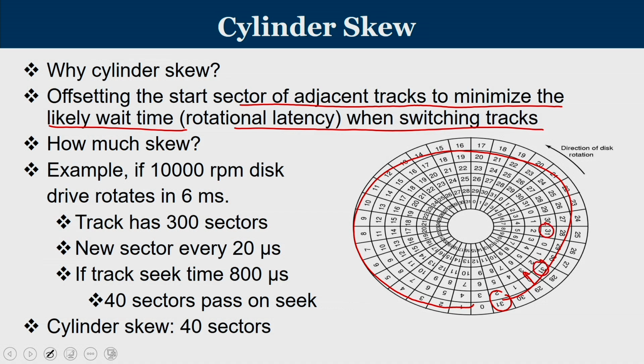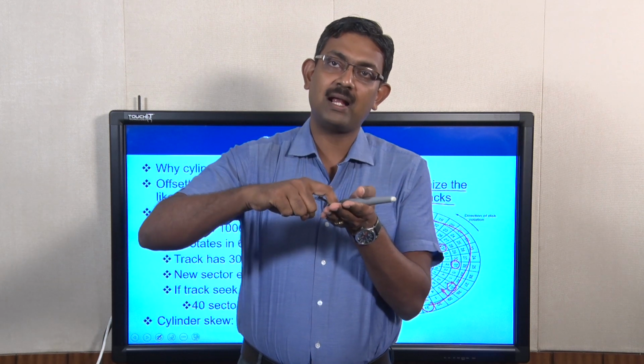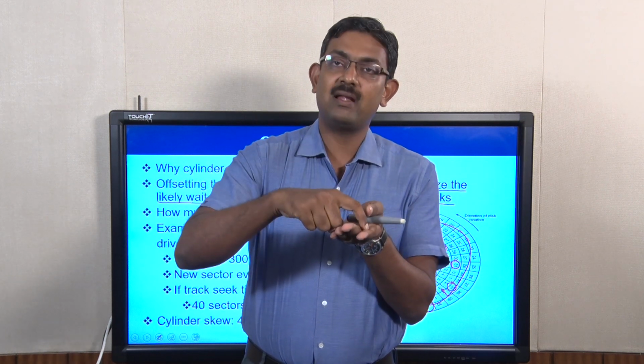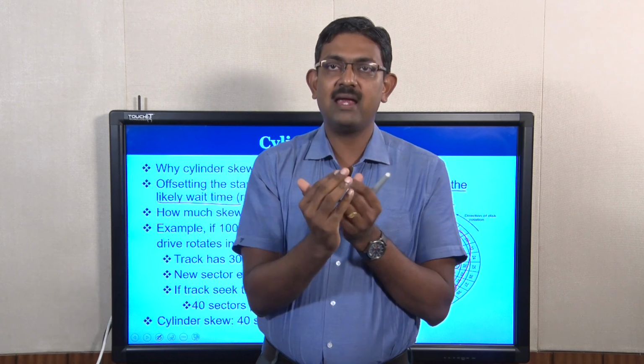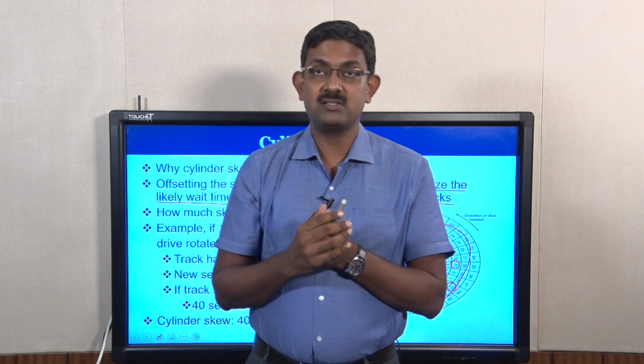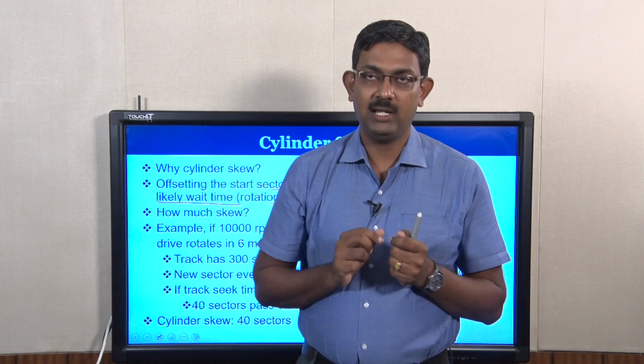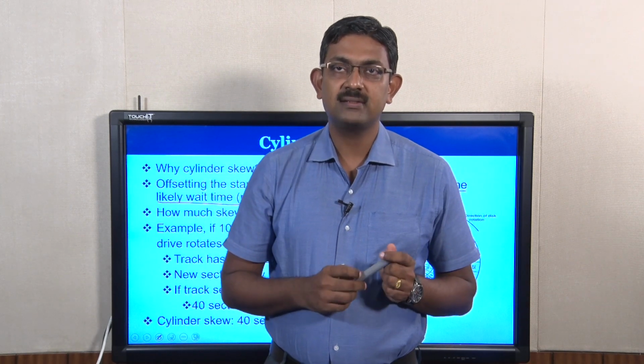So, the 31 is here. If you move from the innermost track, you can see that the 31 is not in exactly the same sector. So, there is a small delay. While the rotation happens, when you detach yourself from one track, take off and land in the next track, because of the rotation, we may have to align the sector numbers of adjacent tracks accordingly. This adjustment is known as cylinder skew.